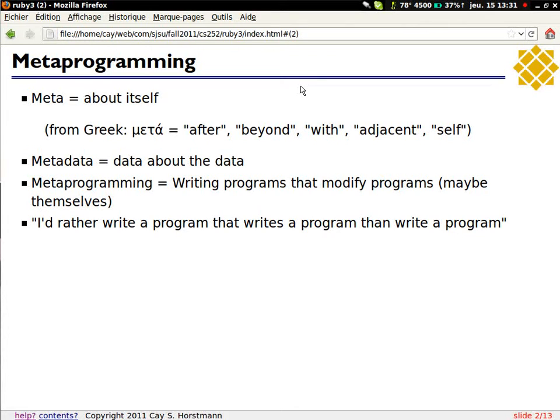Metaprogramming is to write programs that modify programs in some way, and it could mean just about anything, but generally it's considered a program that operates on itself. This has been around for a long time, as you'll see when we get into Lisp and Scheme programming.